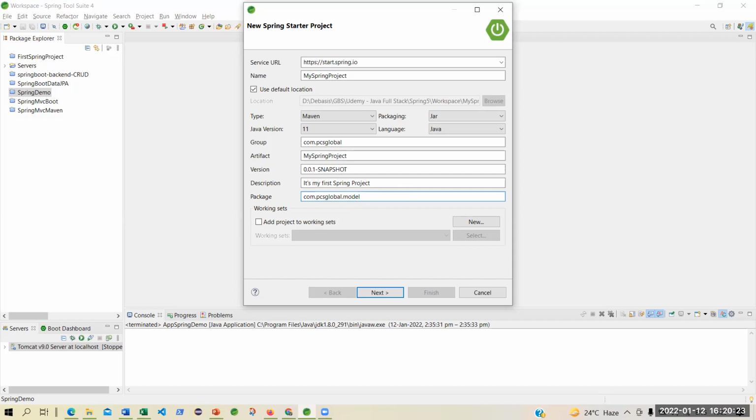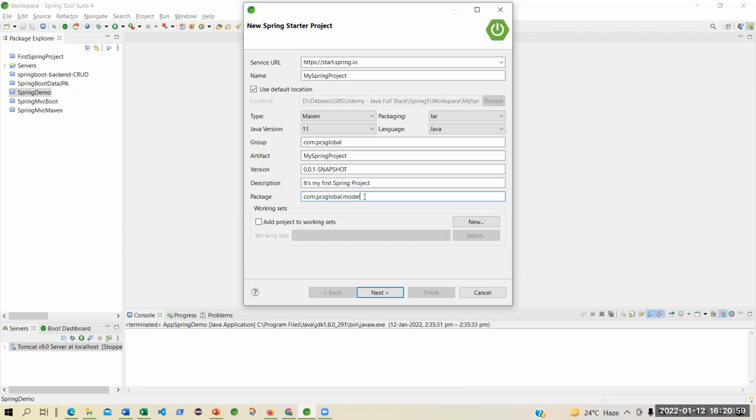So any entities, that entity classes that you design or develop, you keep under this model of the main group ID. Okay. So com.pcs global is the group ID, and I'm saying dot model is where I'm creating a compartment. The train is com.pcs global, and one of the compartments of that train, Shatabdi Express maybe, is say B6. Here we are naming it model. Are you getting me?